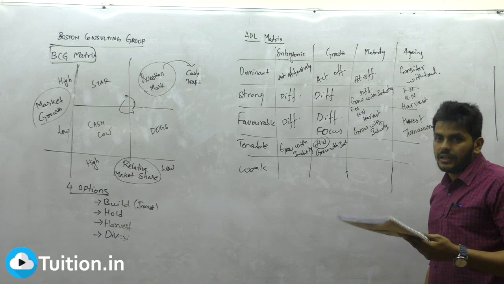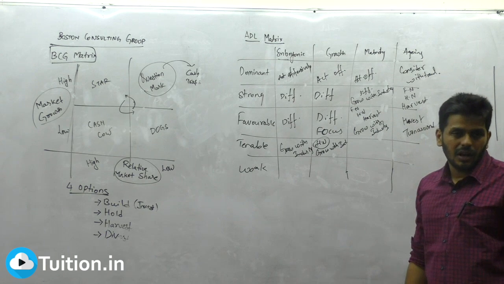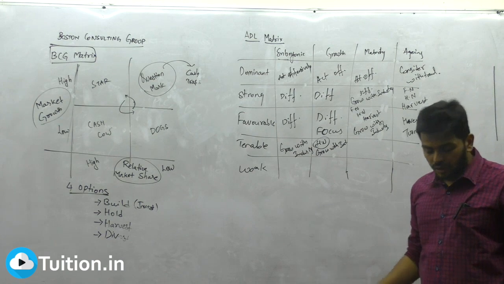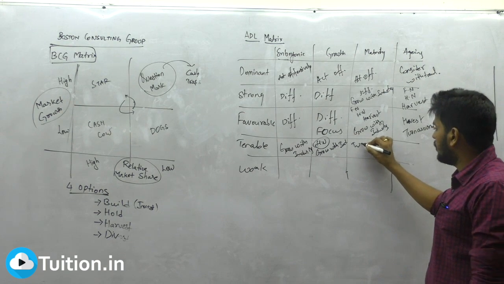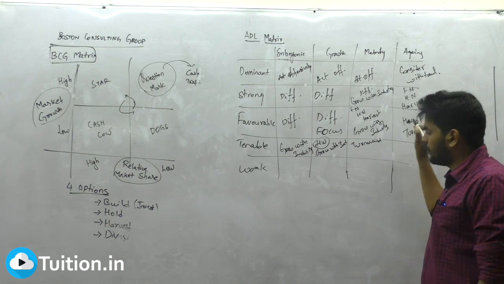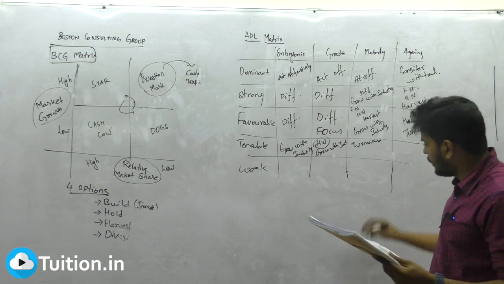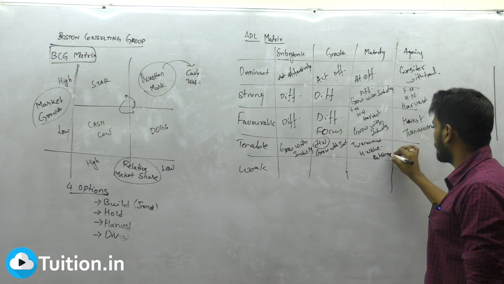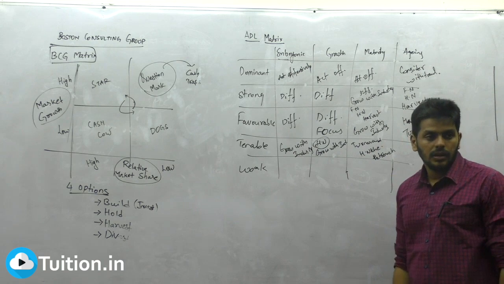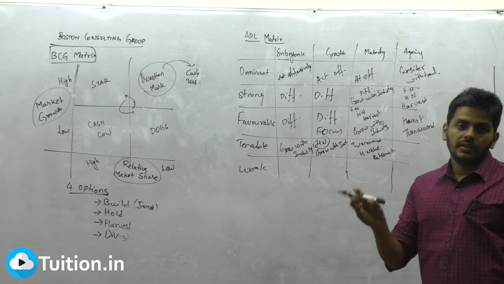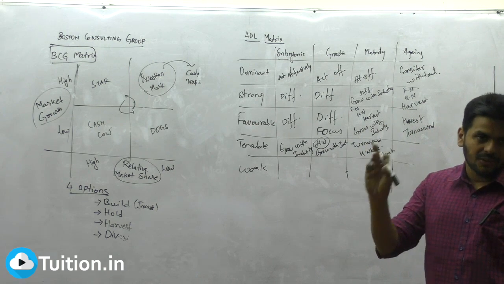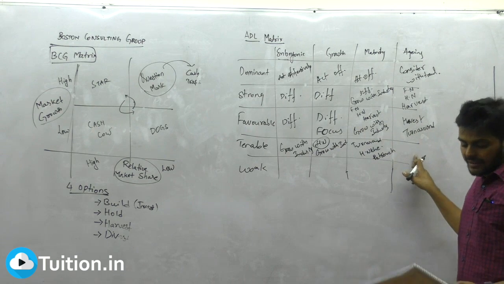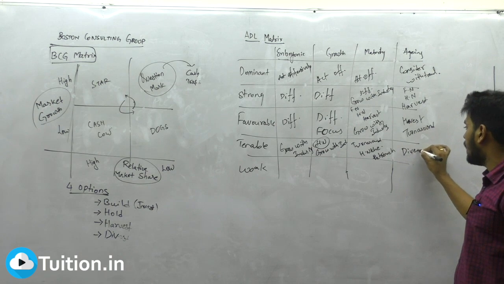Then a tenable company reaching maturity. A very bad situation. Already I am okay, and in that situation, my product also reached maturity. So what am I supposed to do? Try and do a turnaround. Take me back to the growth stage. Try and do a turnaround. Works? Very good. Otherwise, continue to hold niche. Retrench means to cut off. Retrench is to cut down and come out. Retrenchment is a major strategy. In that, turnaround, divestment, harvest, all these are part of it. They couldn't survive here. Here what will they survive? Straight away divest. No second thoughts.